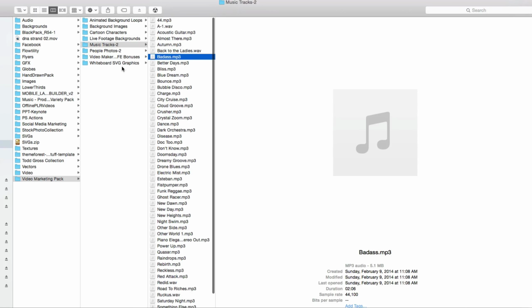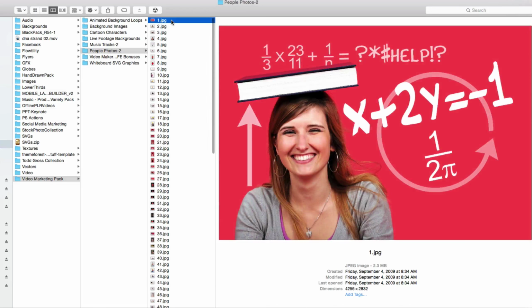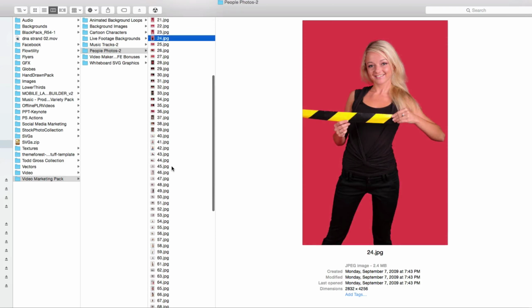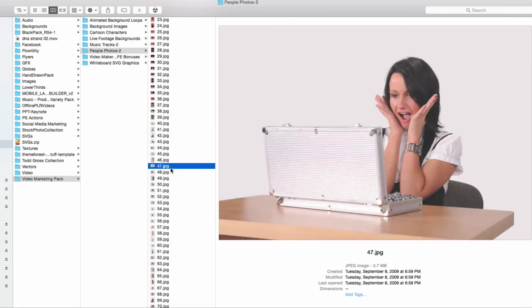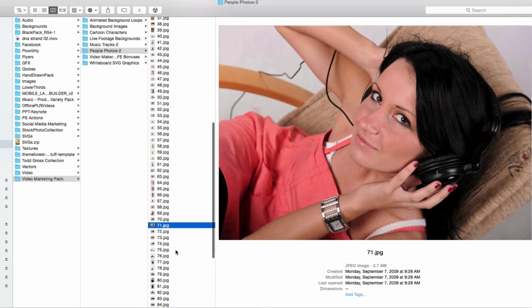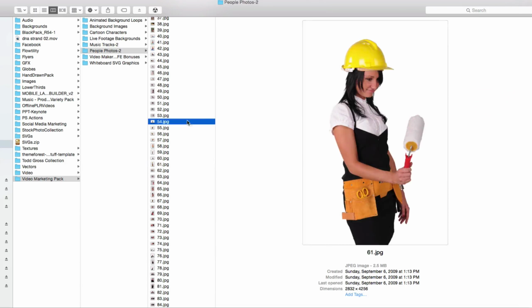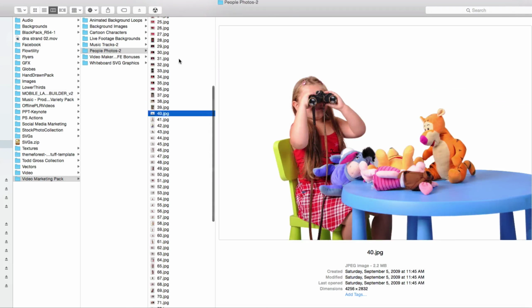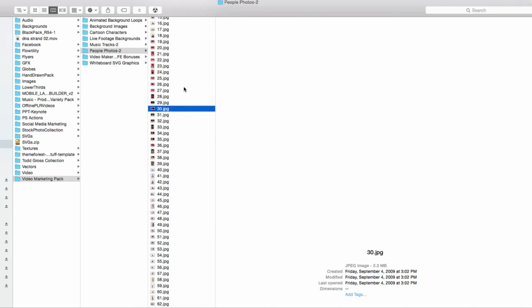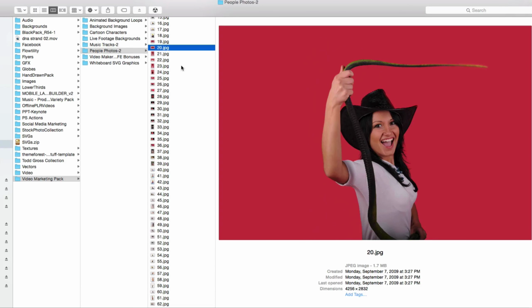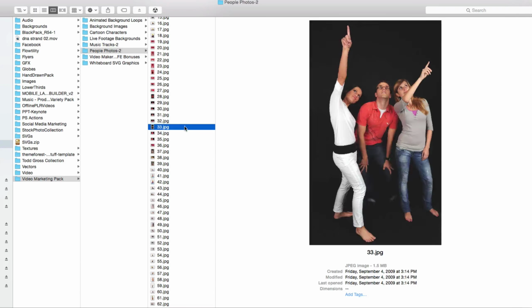There's just a whole bunch of those in here. Then we've got our people photos. This actually is well worth it just for this alone for me, because I do like to use a lot of these people type shots. And they can be tough to come by, so it's nice to be able to get stock photos. The other day I needed to pick up a couple of stock photos, and I went to iStock, and they wanted like $50 for a couple of the photos that I wanted, and needless to say, I didn't bother to pay those. So it's nice to be able to grab some of these and be able to use them